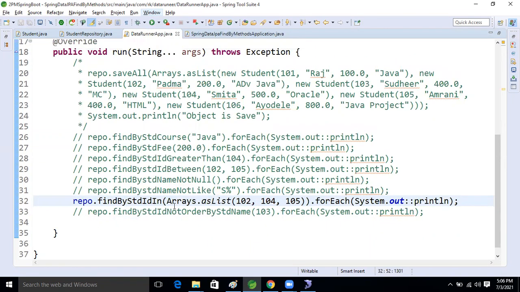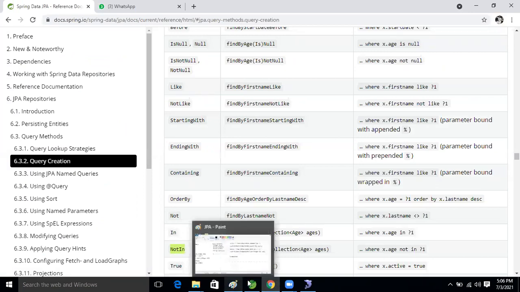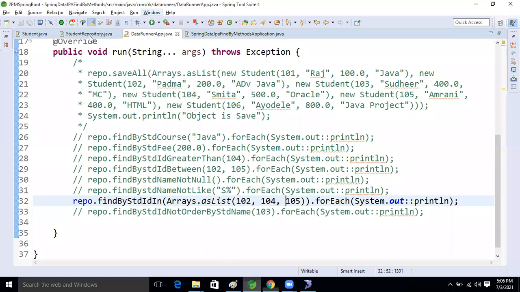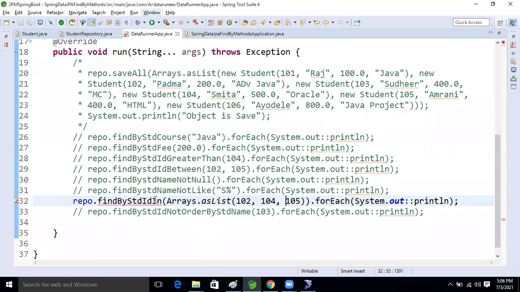Here we are taking only the in operator. Not in is also there; we haven't done that example, guys. We have seen in, but we also need to see not in. So what will we do now? Come to the student repository. Where is in there now? Here just make it not in. Here also not in.